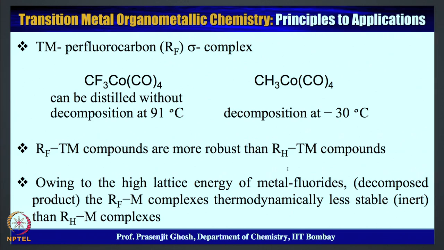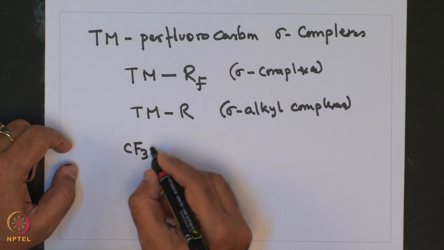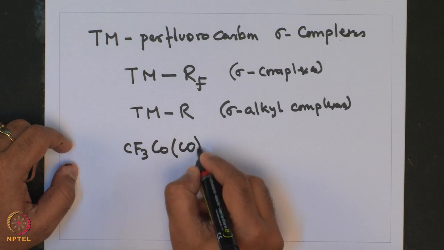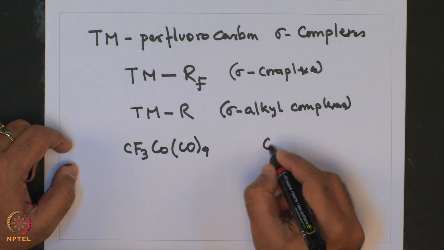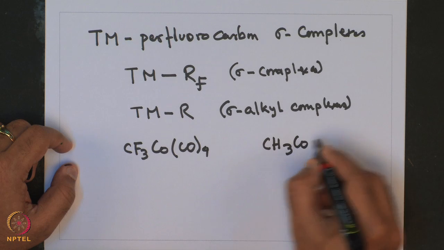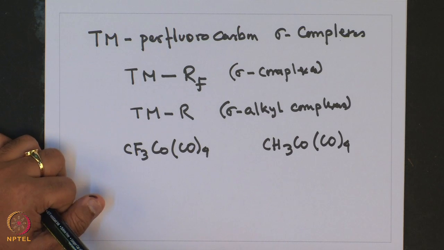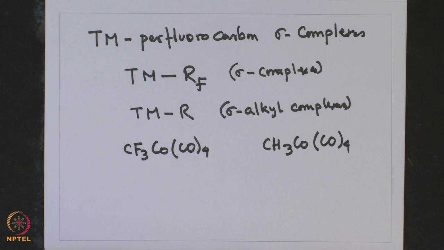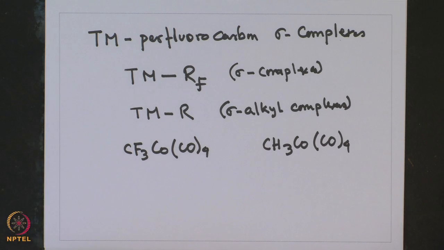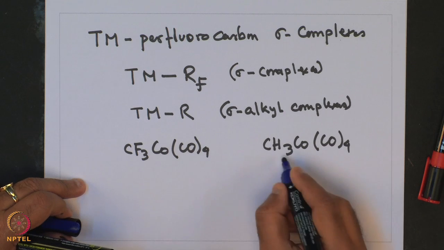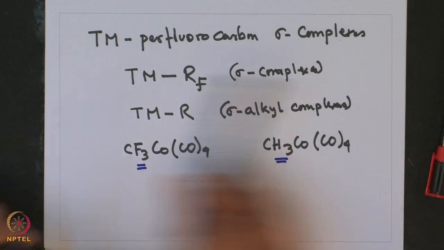To illustrate my point, for example, for this molecule CF3Co(CO)4 in comparison to CH3Co(CO)4, they may look isostructural and they may look like they would be behaving similarly. The only difference is that CH3 has been replaced by CF3, the rest of the molecule remaining the same,